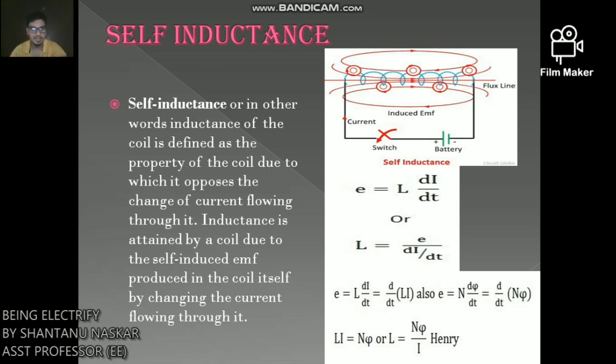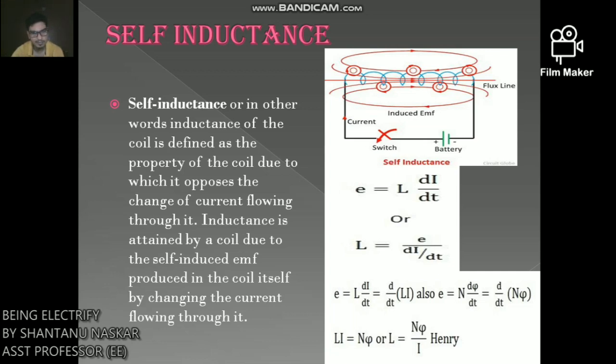If the current in the coil is decreasing, the EMF induced in the coil is in such a direction as to oppose the fall of current. This means that the direction of the self-induced EMF is the same as that of the applied voltage. Self-inductance does not prevent the change of current, but it delays the change of current flowing through it.